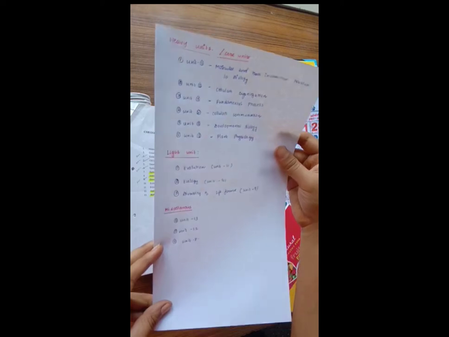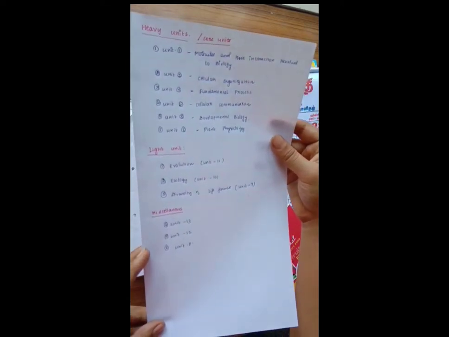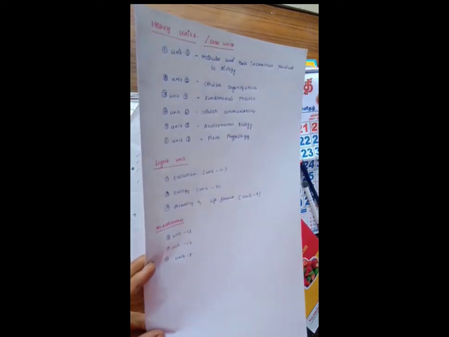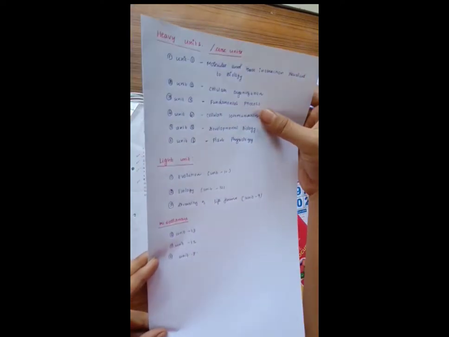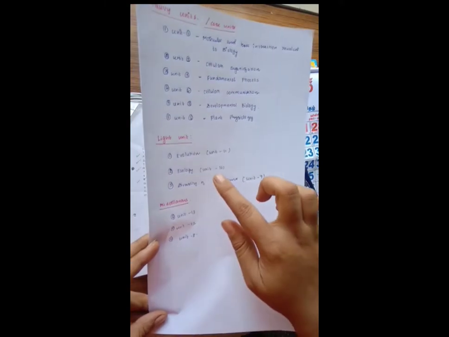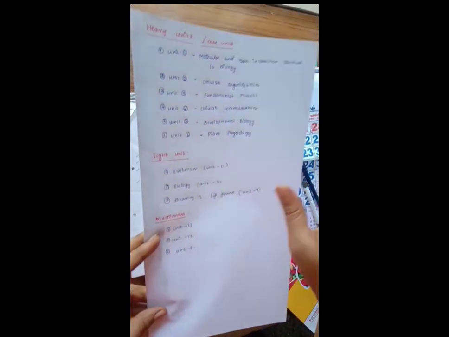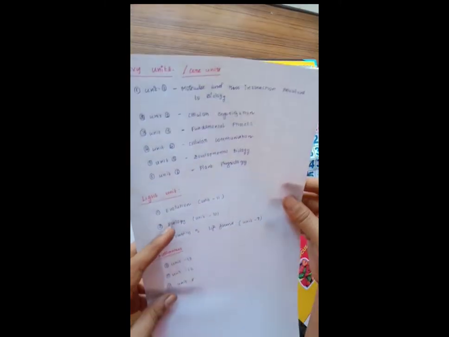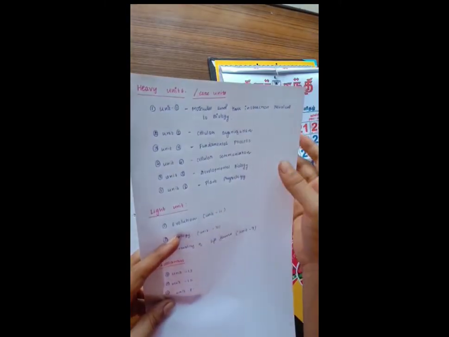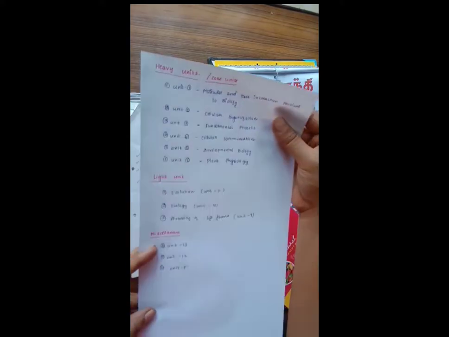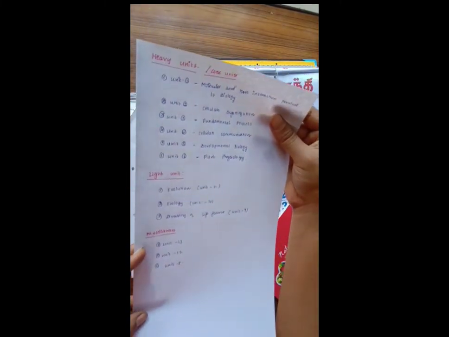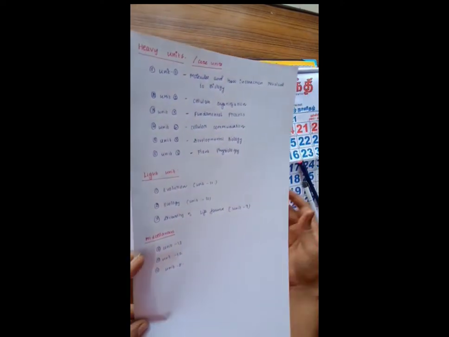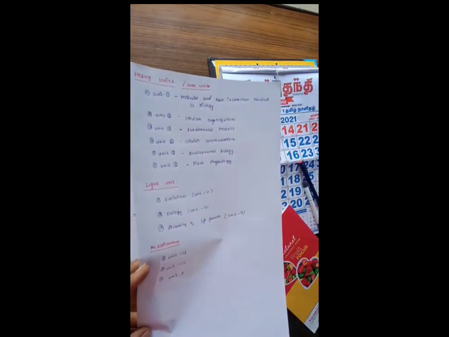So step number 2 is to divide your units, friends. Heavier units are also called core units. These are highly scoreable units. And the next are your lighter units. A lighter unit will take hardly 2 days to prepare, but if you take a heavier unit, it will take at least a week to prepare. These are things I learned when I prepared last year, during the pandemic situation, for my June 2020 examination, friends.